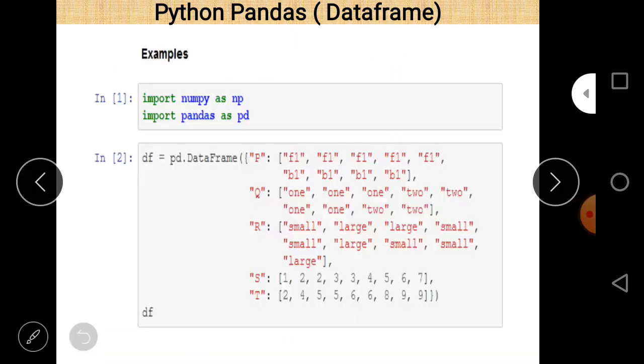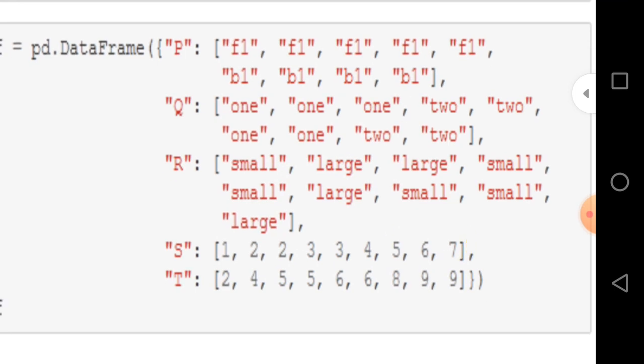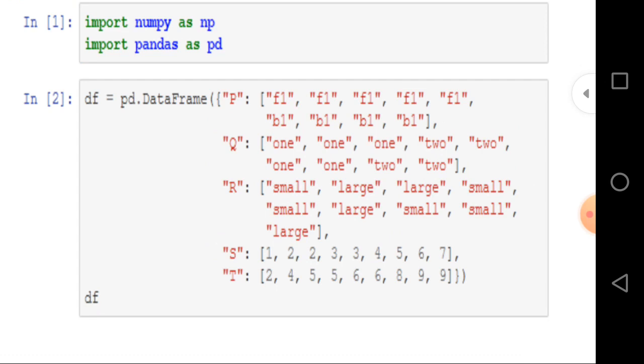So again, look at the original declaration of the data frame here. Now it is quite clear that this is a declaration of a data frame using the function DataFrame, where PQRST are the names of columns and values are given with respect to each column. The data frame is created using a dictionary here, and in almost all our examples we create a data frame using a dictionary.